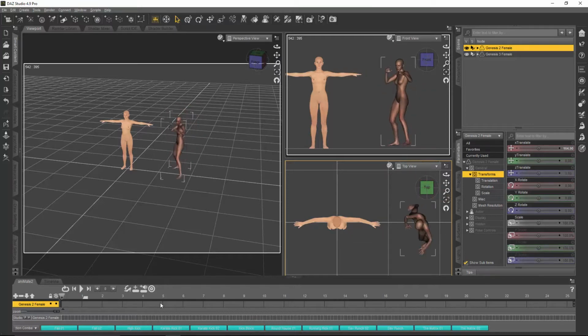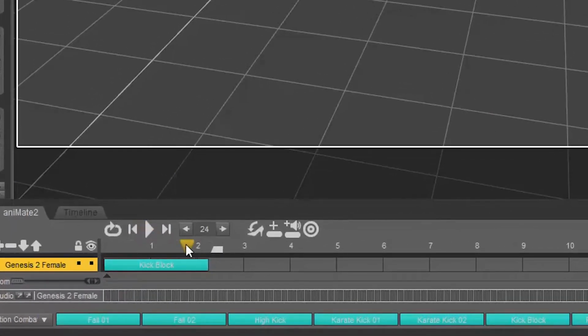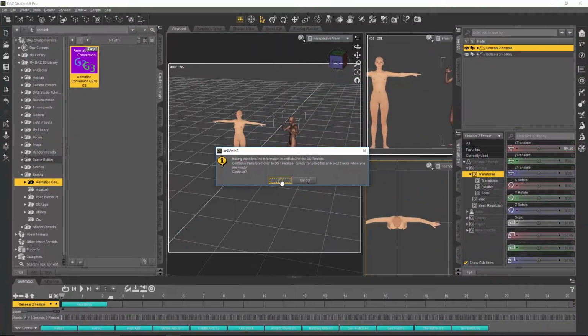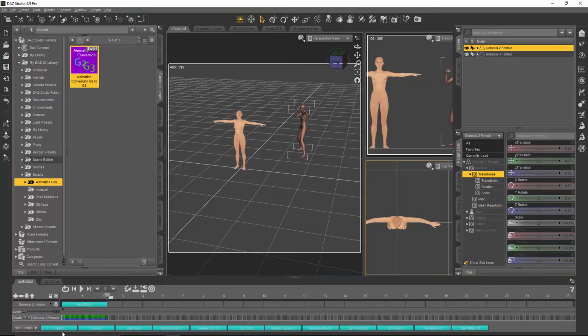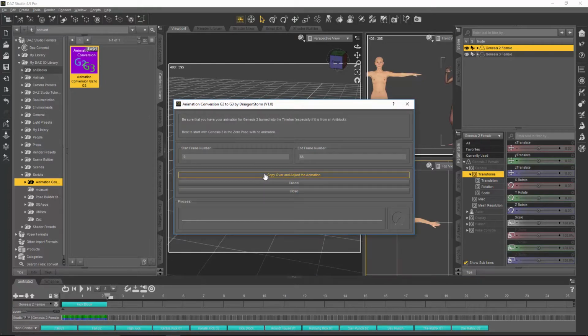I'm actually just going to click and drag this over. That way we can play through it. It's working pretty well. I'm going to bake to the studio keyframes. That way that's blocked in there. Copy over and adjust the animation.